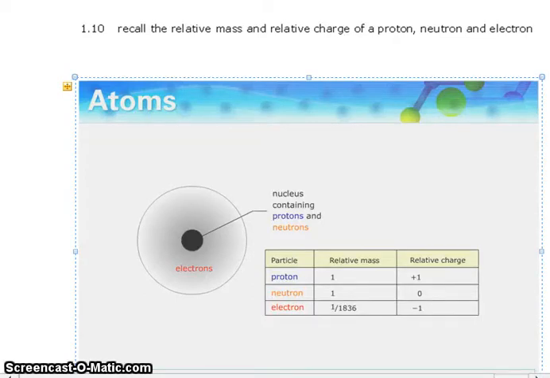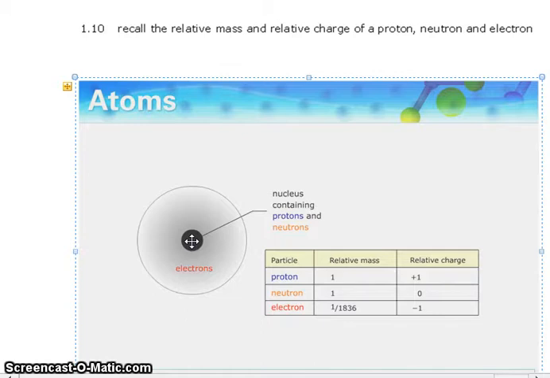So 1.10 syllabus statement is pretty similar to 1.9. It says recall the relative mass and relative charge of protons, neutrons and electrons. So basically that's just this table here that you need to understand and remember this table. So remembering the protons and the neutrons are in the nucleus, and anything that's in the nucleus, we remember it